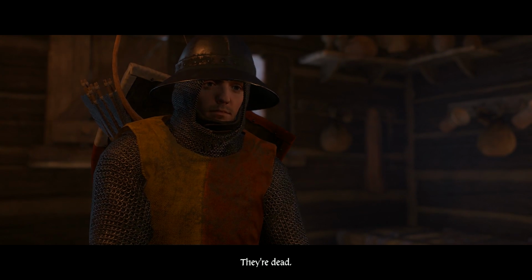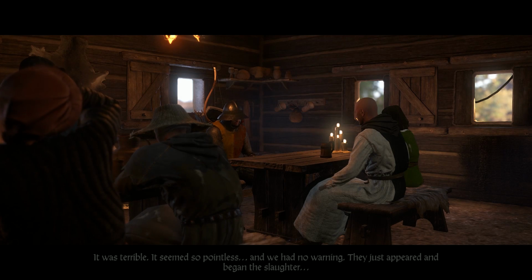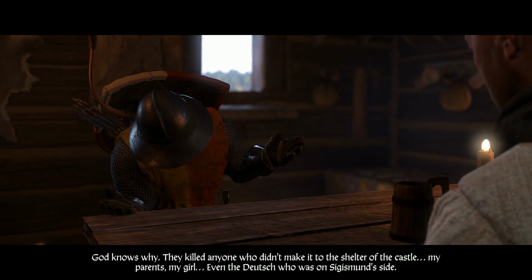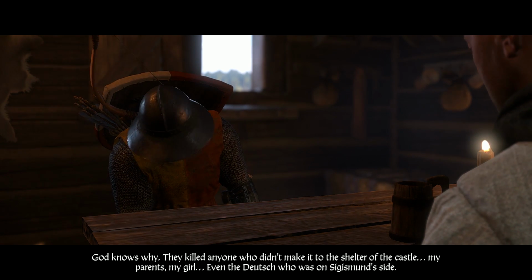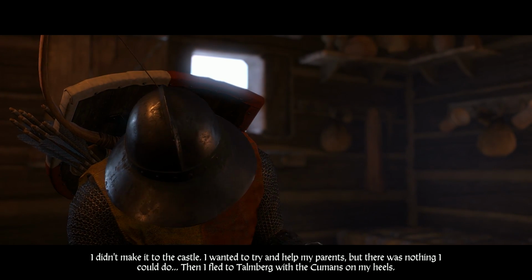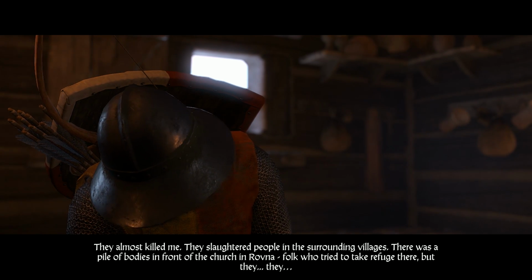They're dead. Oh, I'm sorry to hear that. Here, we'll drink to them. It must have been terrible. Excuse me, we're having a private conversation here, lady. It was terrible. He just appeared and began the slaughter. God knows why. They killed anyone who didn't make it to the shelter of the castle. My parents, my girl, even the Deutsch who was on Sigismund's side. I didn't make it to the castle. I wanted to try and help my parents, but there was nothing I could do. Then I fled to Talmberg with the Cumans on my heels. They almost killed me. They slaughtered people in the surrounding villages. There was a pile of bodies in front of the church in Rovna. Folk who tried to take refuge there, but